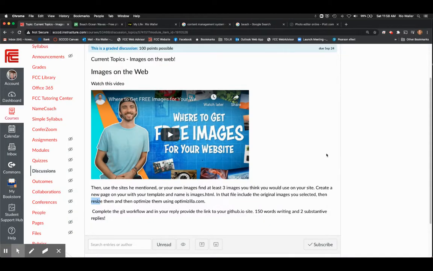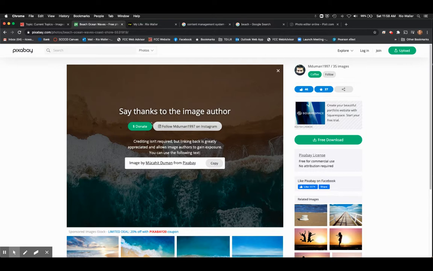Now, because I'm on the Mac, I have something built in that I use that I really like a lot. So I'm just going to show you. I went and got an image off the first site and I downloaded it. And you do have to do, I'm not a robot, right? So find 3 images you want to start with.